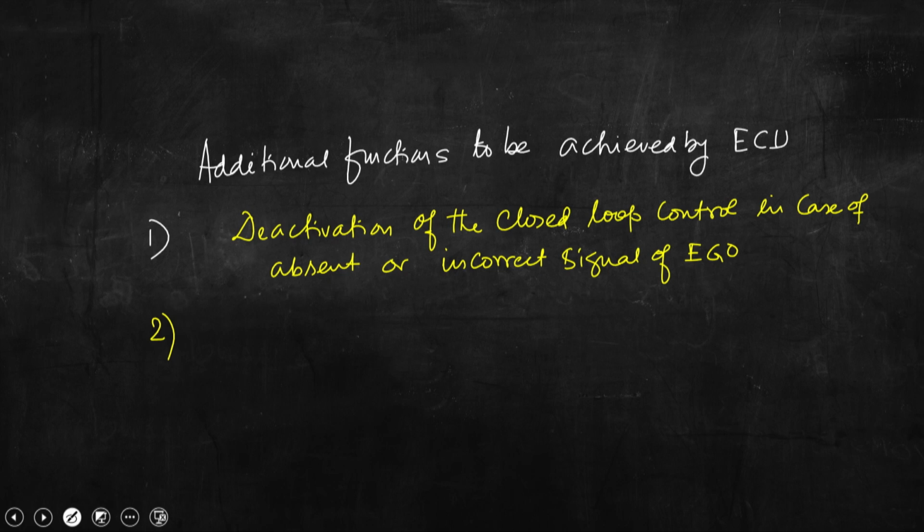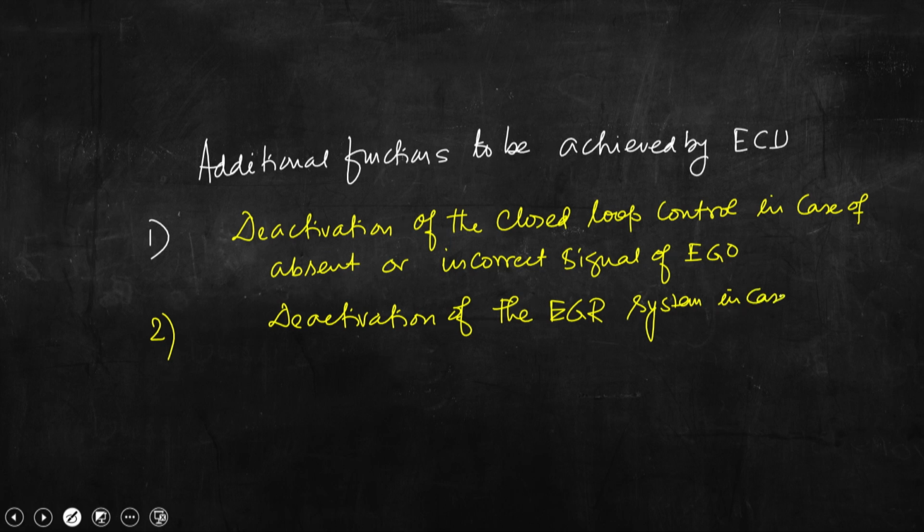Number 2 is deactivation of the EGR, that is exhaust gas recirculation system, in case of EGR failure. We have discussed about the need of recirculation of exhaust gas. Number 3 is